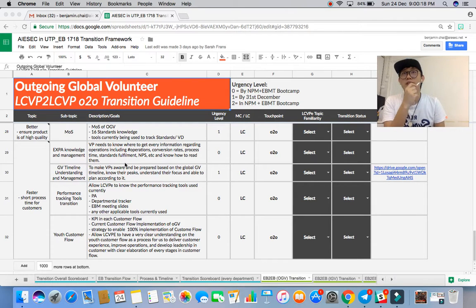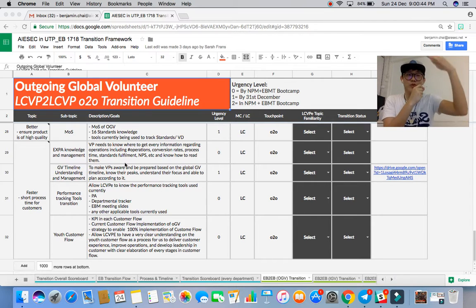Okay, so youth customer flow, there are a few things. There are the four stages: attraction, consideration, value delivery, and brand advocacy. And under that, there are every single status, right? For example, during attraction, they are mainly strangers and also visitors. Then during consideration, they are leads, and then they become customers, and they become advocates, something like that, right? Those are the things that you have to explain to them.